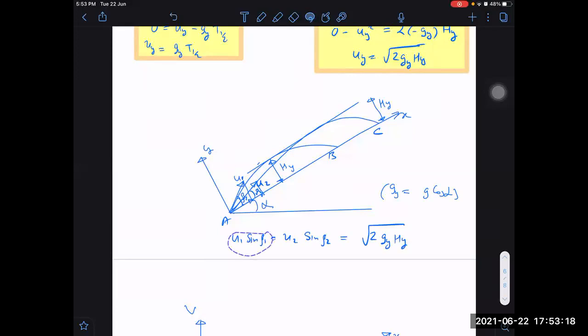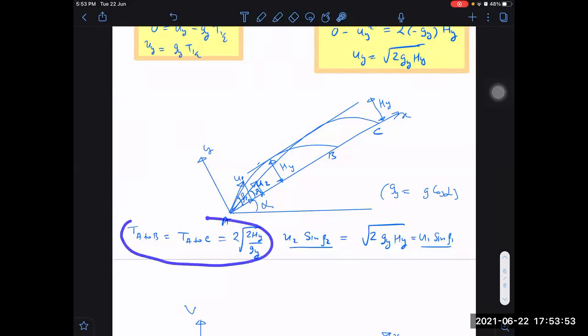So indirectly, I am mainly writing the formula which we derived before, and because of that formula, automatically these two come out to be equal. Not only these two, what else will be equal? Time of flight will be the same. Time from A to B will also be equal to time from A to C. And what will that time be? That time will also be 2 into root 2 hy divided by gy.